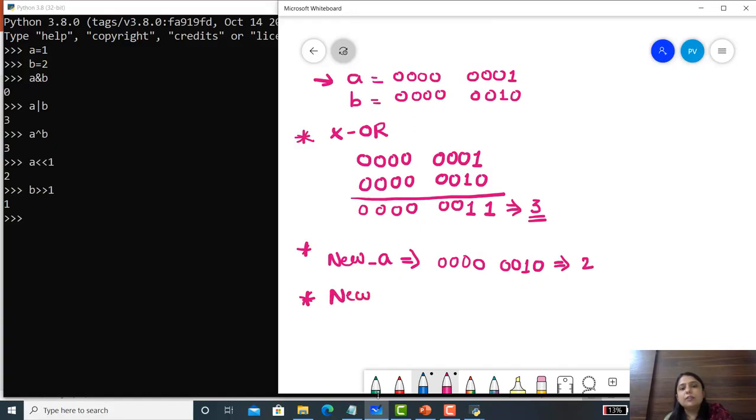Now our new B will become, just shift 1 bit to the right. So here this 1 is shifted to this position: 0 0 0 0 0 0 0 1. If we convert this into decimal, we get 1. Alright.